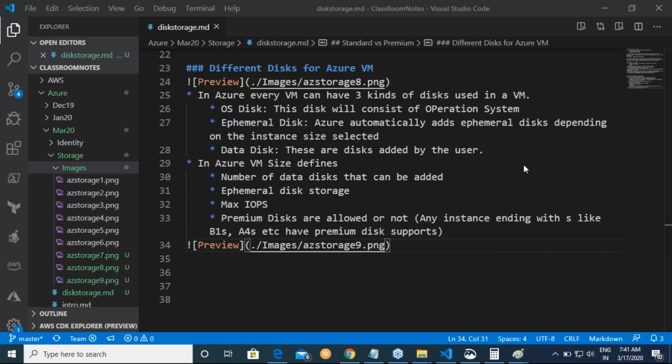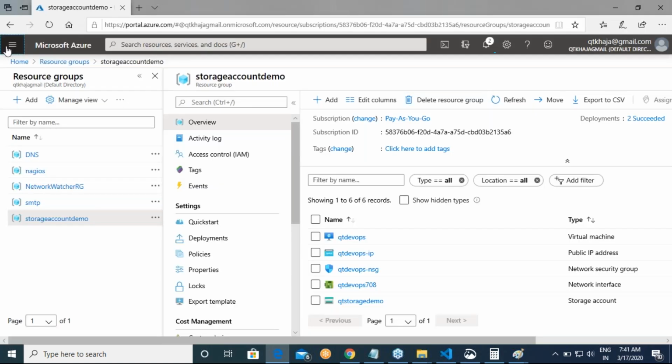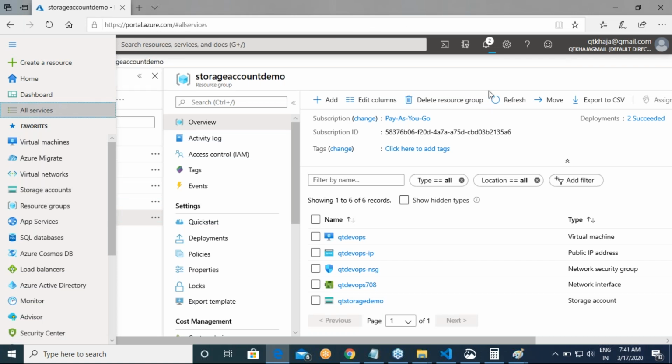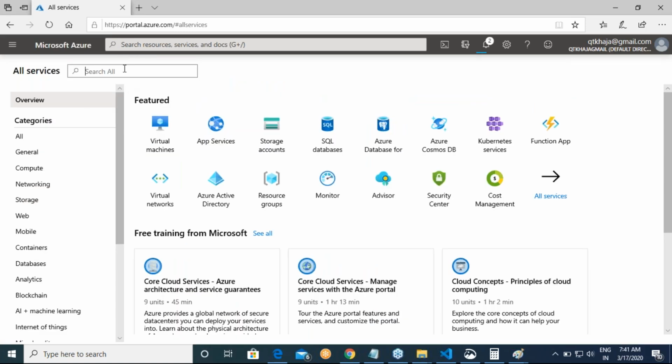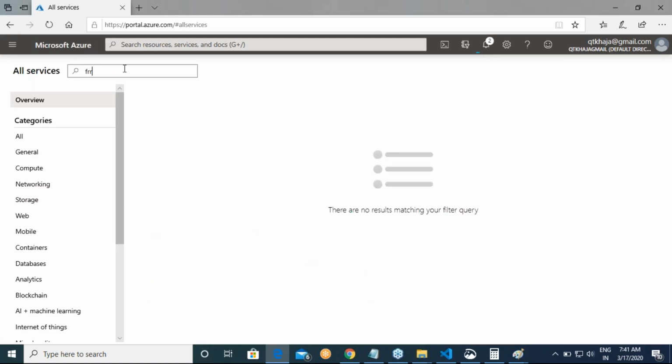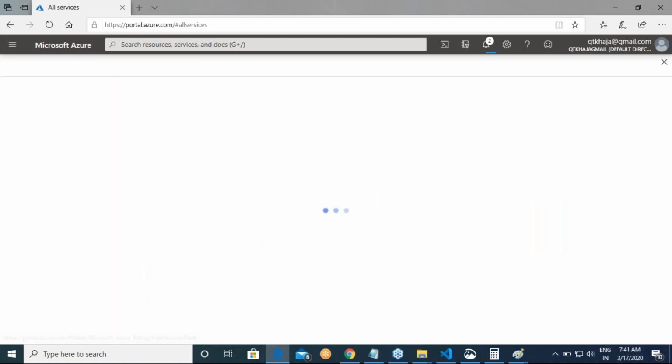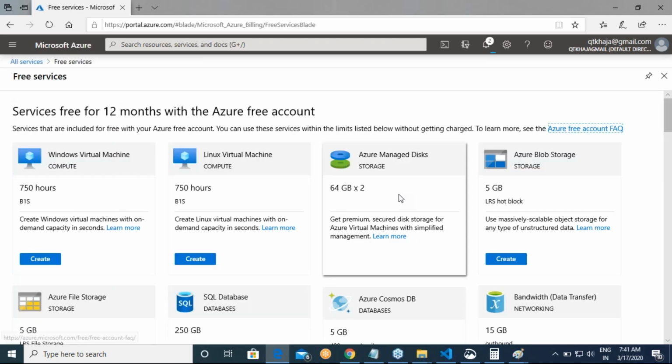How much will it be charged if you upgrade it? No, you see, if you upgrade to pay as you go, you will not get any charges. It depends on how much you use it. For example, tomorrow we will discuss what is free for 11 months in disks. In the same way, every service will have this, but in Azure there is one more easier way. Go to all services, and if you click on free over here, if you select this free option, you will come to know what is free for you.